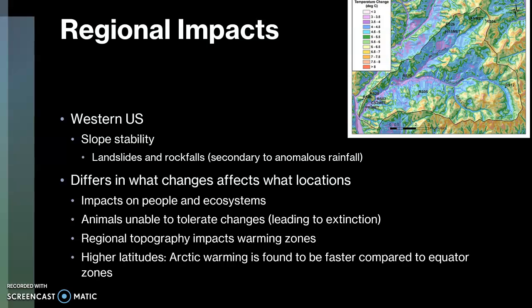And speaking of landscape, a lot of topography changes will affect this, because obviously up in the mountains it's colder than where we are at sea level or slightly above sea level. Florida is pretty much sea level, and that's about all we got. So we don't see a lot of landslides or rockfalls, but if you travel much to the north, Tennessee, and really those western states. And as you can see here, western U.S. slope stability is a large thing, because the increased rain leads to landslides and rockfalls,